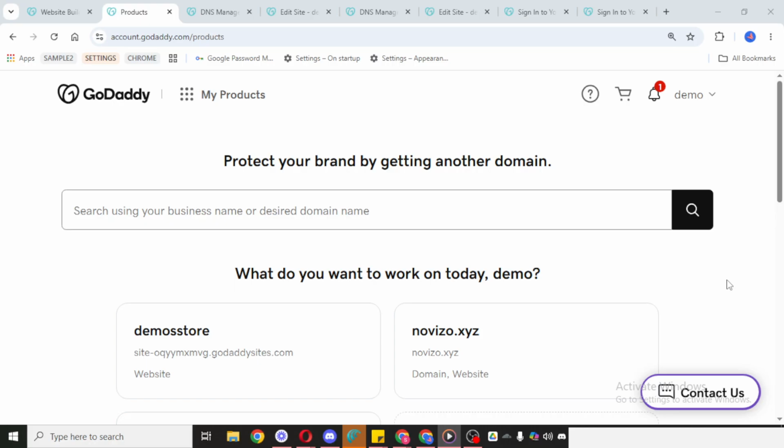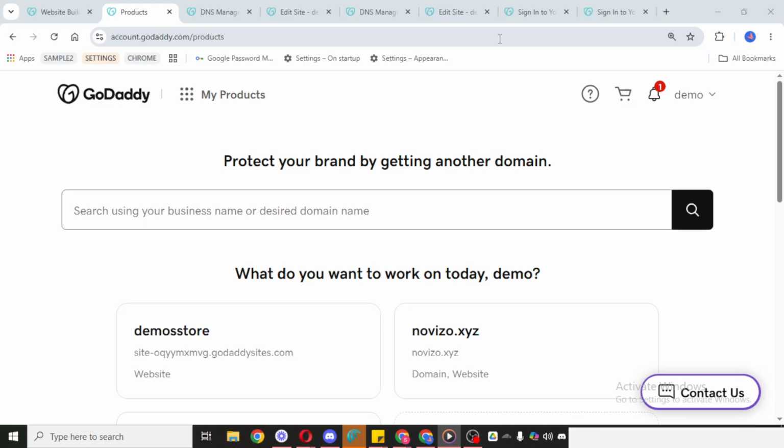To begin, open your GoDaddy account and sign in. Make sure you're logging into the correct account that actually manages the domain you want to verify. If you have access to multiple accounts, it's worth taking a second to confirm you're in the right place before moving on, since the domain will only appear under the account where it was purchased or transferred.